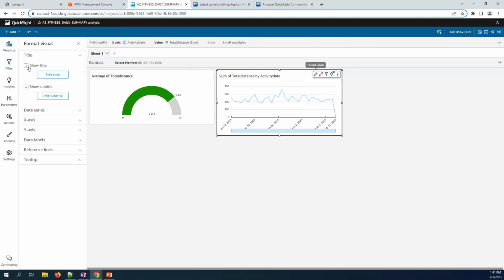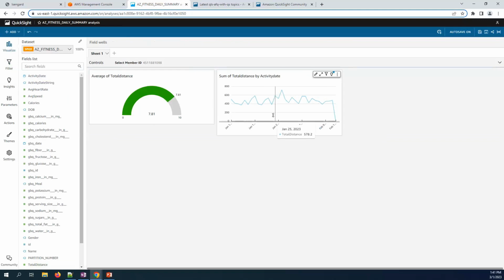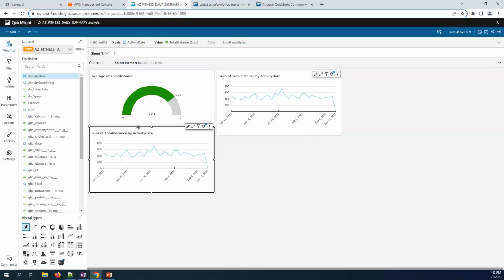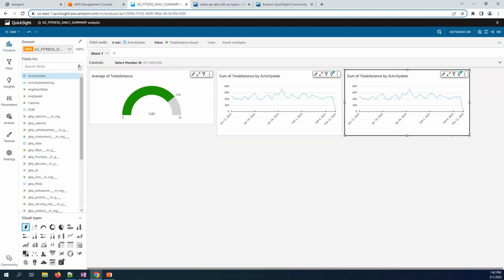And if there is any further formatting I wanted to do, for example, I wanted to take away the zoom, I can. And if I wanted to set up my x-axis and certain width, I can do that. I can create a duplicate. I can duplicate this particular visual and also build some other